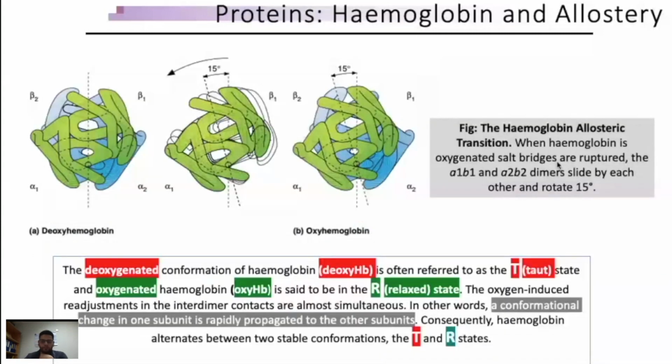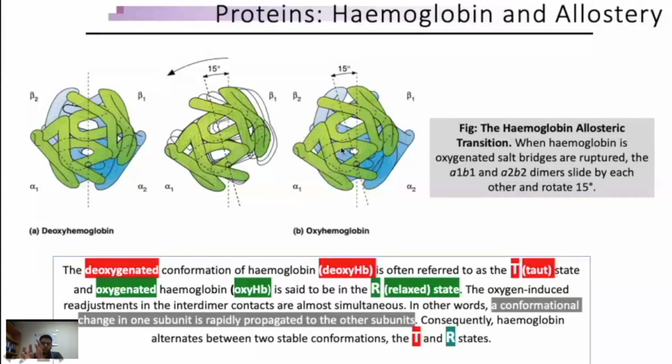By convention, as soon as an oxygen molecule binds to hemoglobin, the relative position of two alpha and two beta chains changes slightly. This picture shows that as soon as an oxygen molecule binds to the hemoglobin, the beta subunits could slide up to an extent of 15 degrees. So previously it was like this, and now they have changed their position. So this is the change of the beta chain which slid like this.